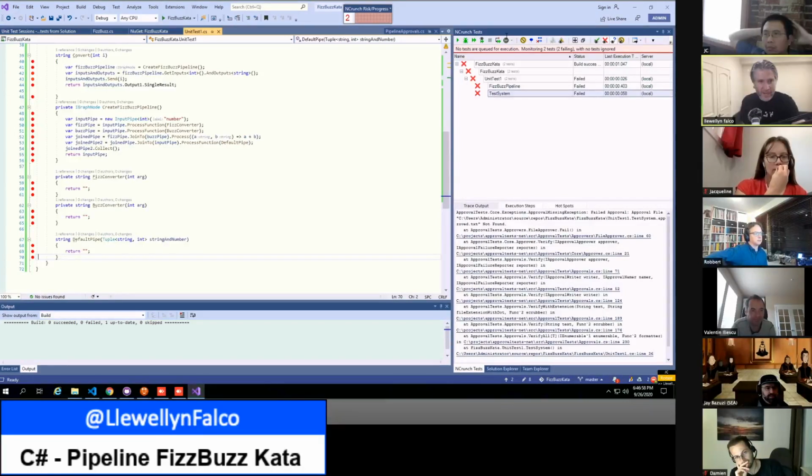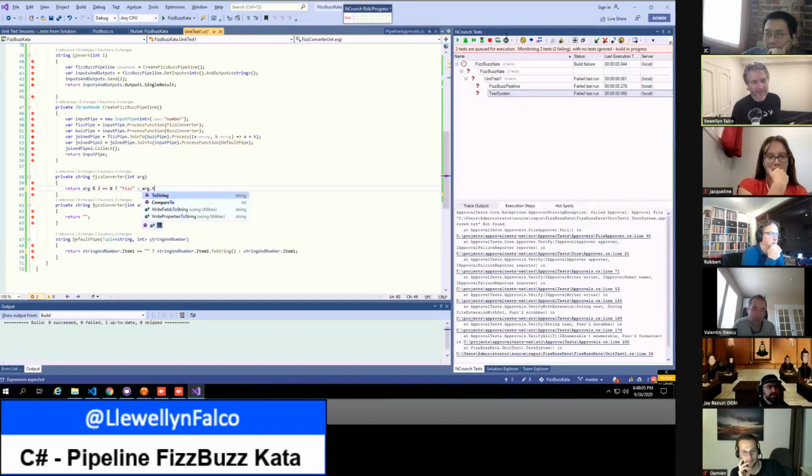Yes. Okay, and now go to FizzBuzz or the Fizz one, Fizz converter, and here. Do a ternary again and say if r modulus 3 is 0, return fizz. Not as useful as you would think. If r modulus 3 equals 0, then fizz. Otherwise 0. Otherwise empty argument. No, empty argument. Yep.